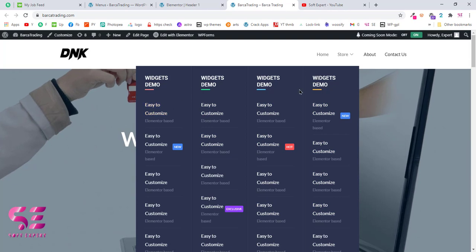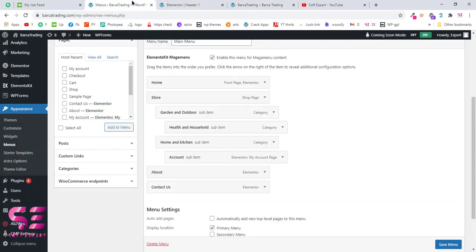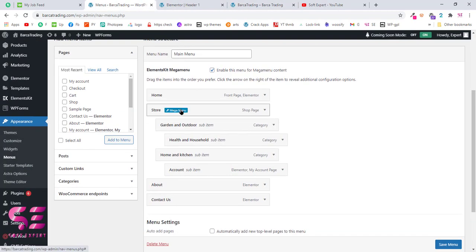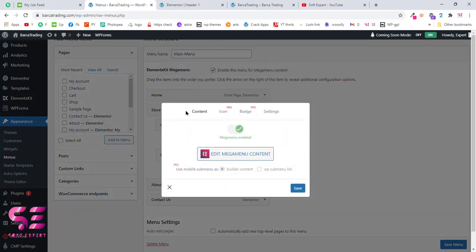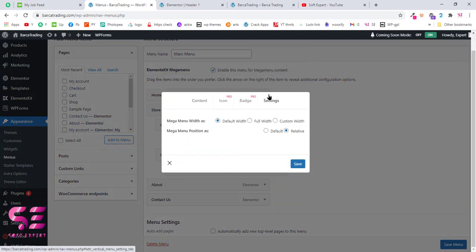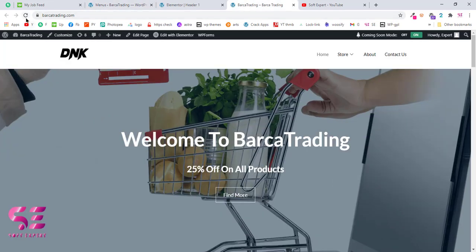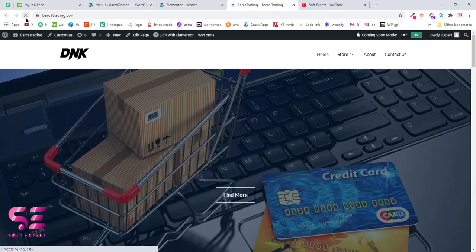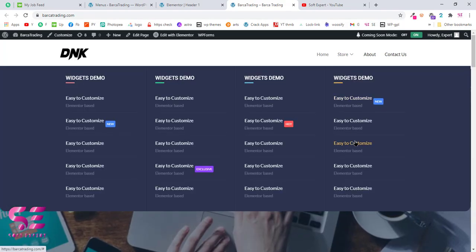Now if you want to make this full width, then you can go back to the menu, click on mega menu and go to settings, and here you can choose full width and choose the mega menu position to be default. Again click save. Now let's refresh this, and as you can see, now it is in full width.